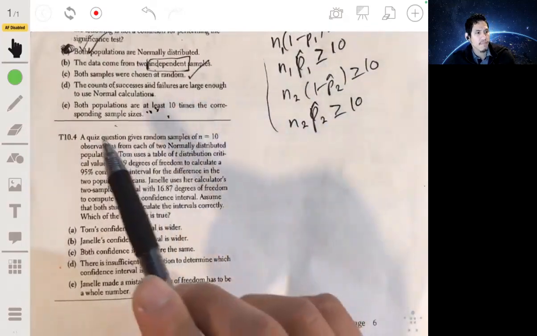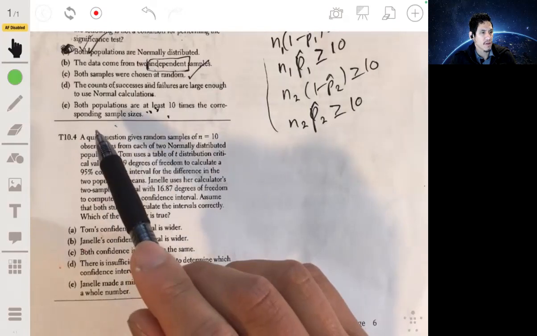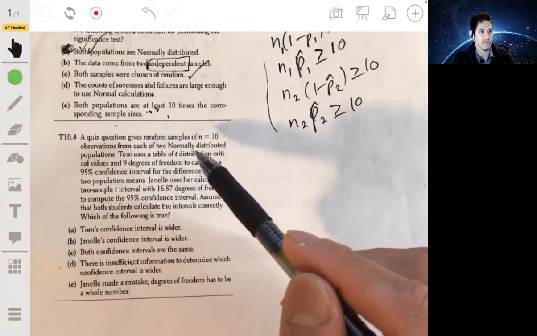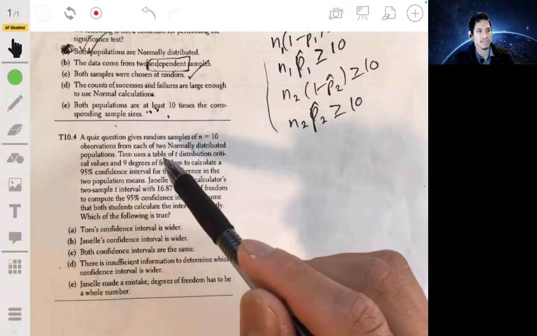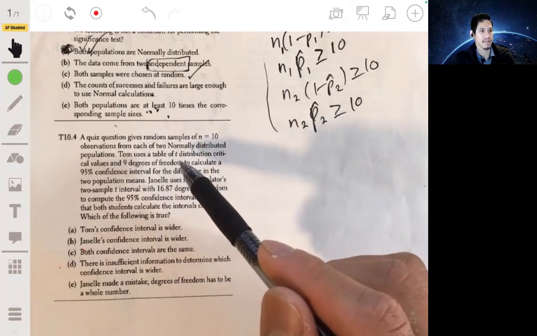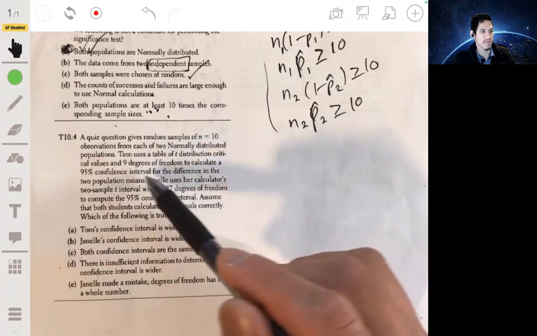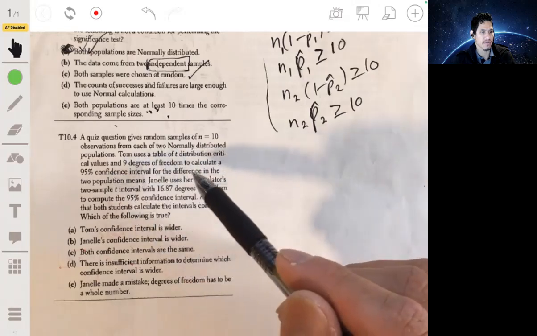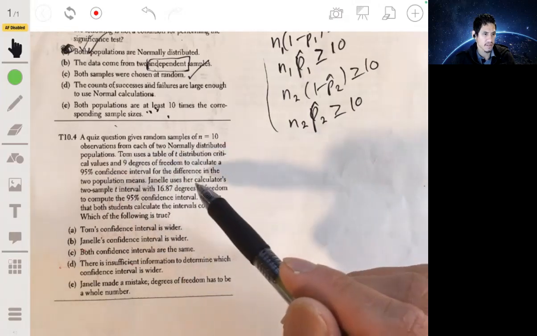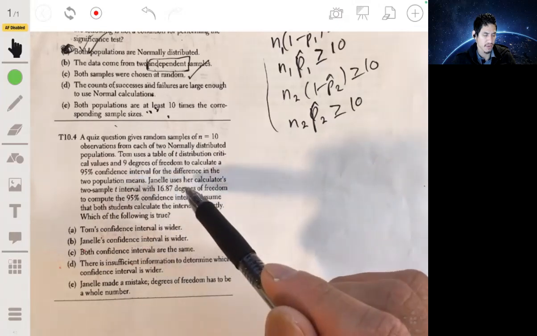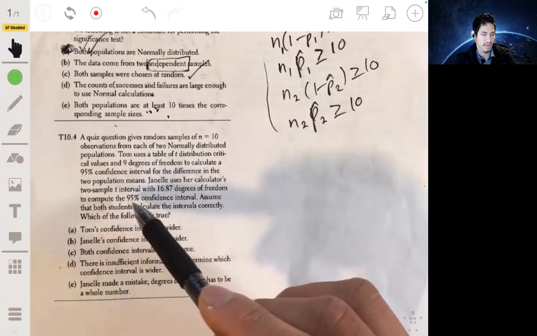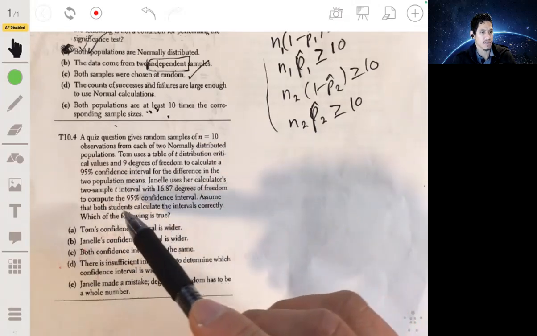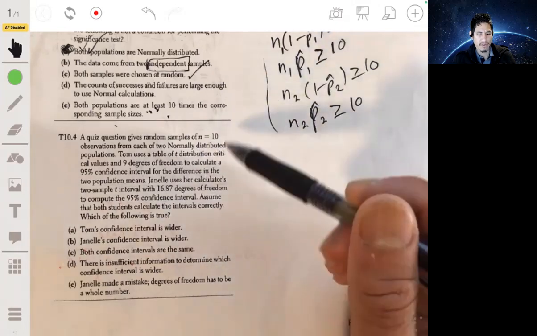All right, problem 10.4. A quiz question gives random samples of size n equals 10 observations from each of 2 normally distributed populations. Tom uses a table of T distribution critical values and 9 degrees of freedom to calculate a 95% confidence interval for the difference in two population means. Janelle uses her calculator's two-sample T interval with 16.87 degrees of freedom to compute the 95% confidence interval. Assuming that both the students calculate the intervals correctly, which of the following is true? Okay, so before you even look at the answers,